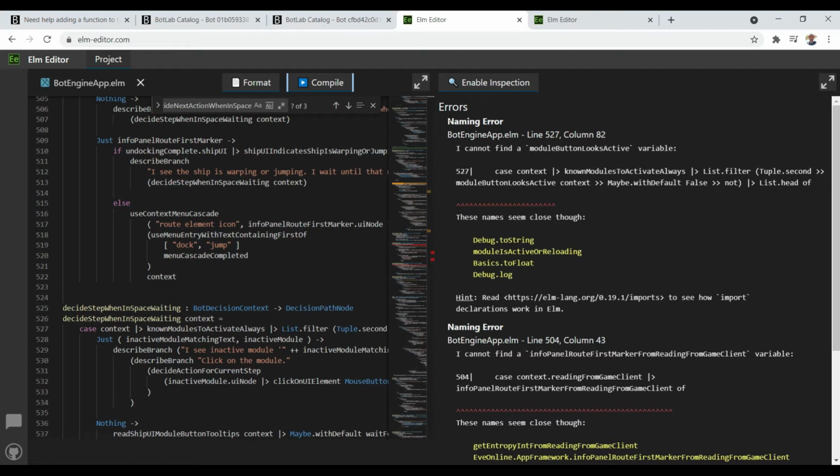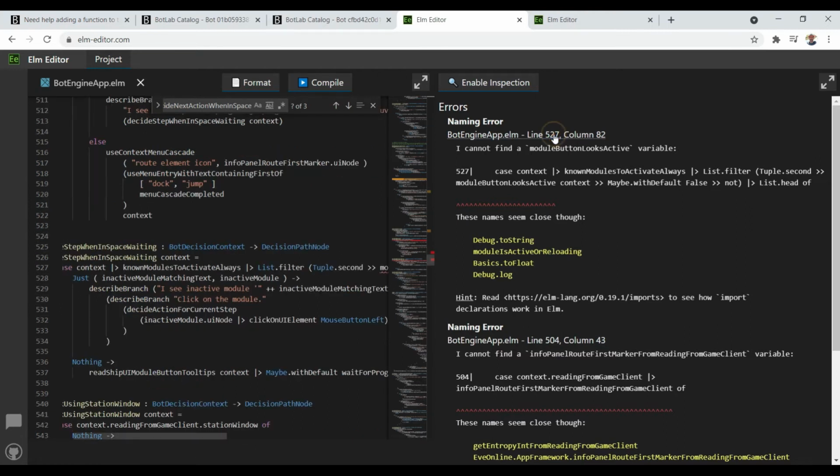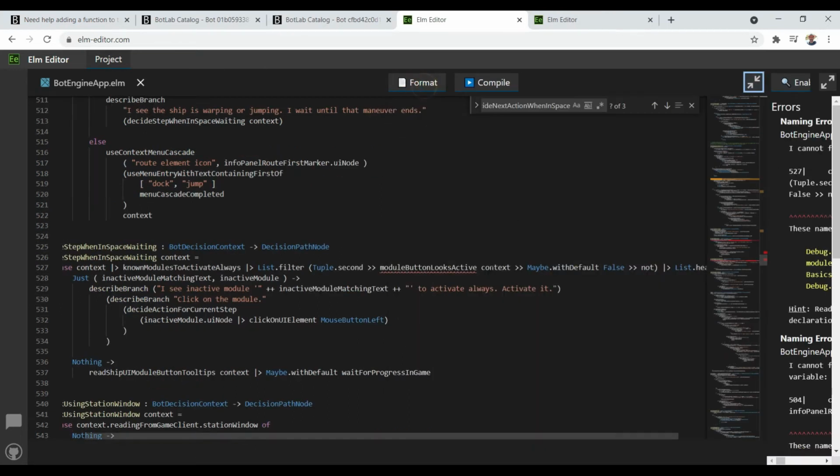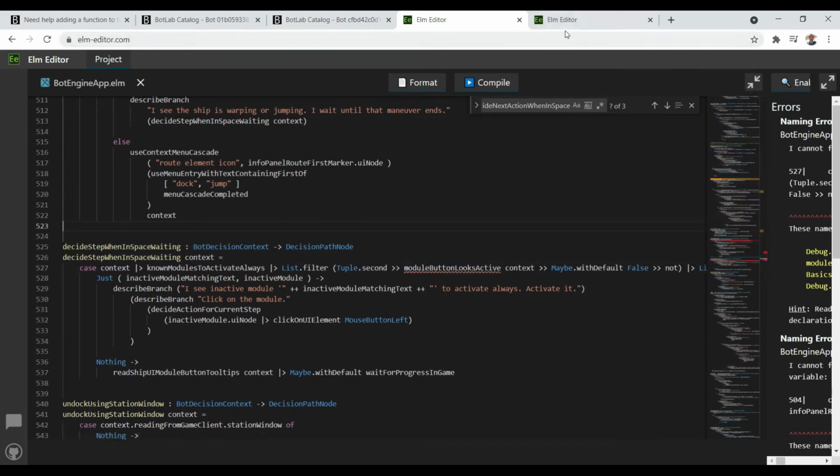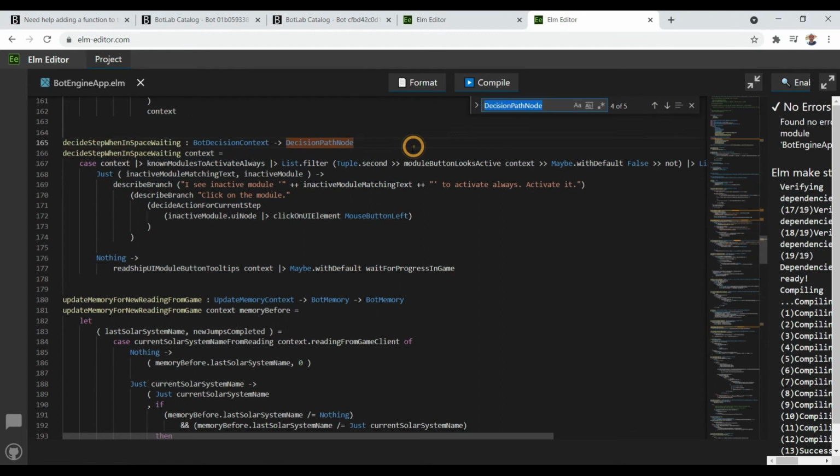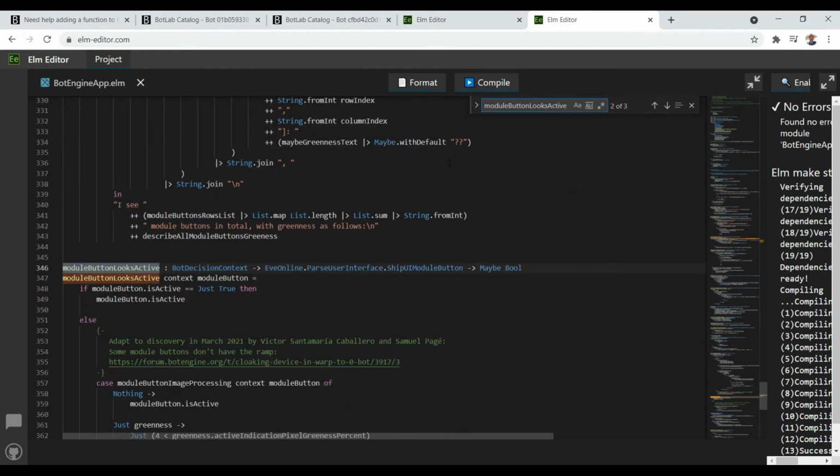And you can see this is a recursive process. We've got more naming errors. And so we just repeat this process until we have resolved all of these naming errors.